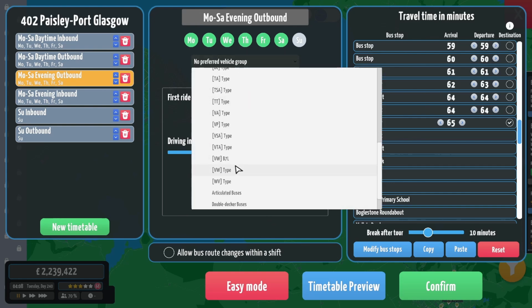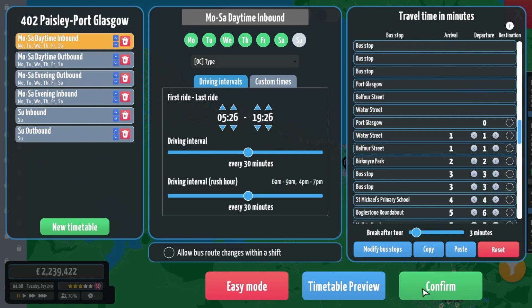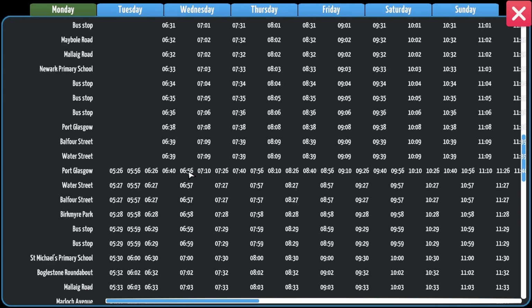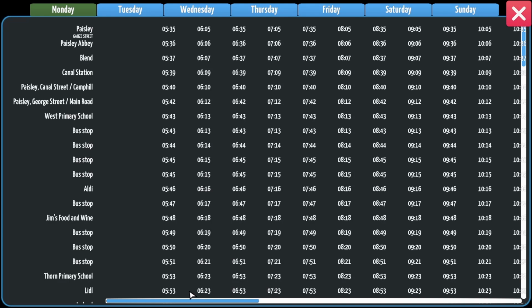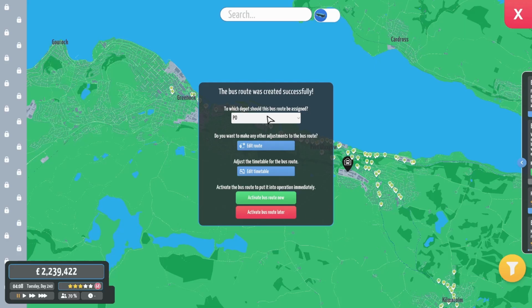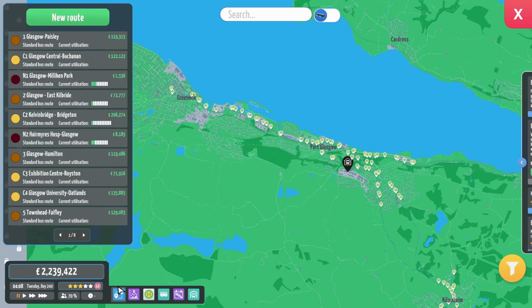This is going to get the OC type. Very nice. And it needs how many buses? Let's have a look. 535 does the 656, gets back in at 8 to do the 805. So for this route we need 1, 2, 3, 4, 5, 6. So let's say we need 8. And that will run out of PG later. So we need 8, but we're actually short a few vehicles at PG, so we need 10 right now. I did not mean to hit new route at this stage. Although I did